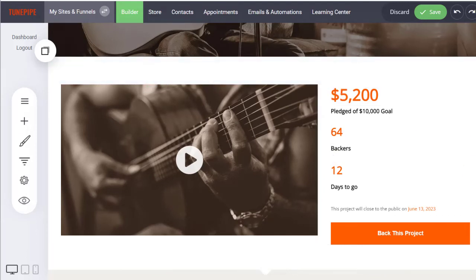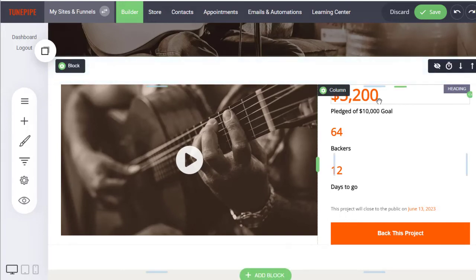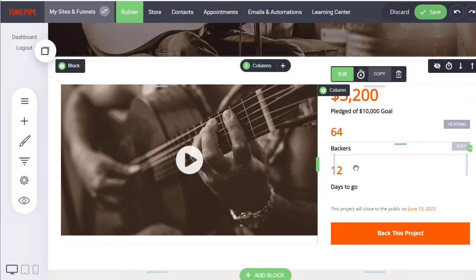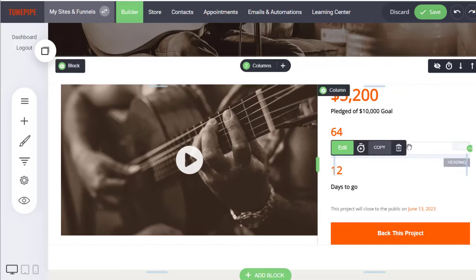So this is arguably a trade-off, where you have the advantage with the other crowdfunding platforms of having all of these stats automatically updated. In TunePipe, you'll need to change these manually. You can come in daily or however often you want and update the total earned, the number of backers, and even potentially the number of days to go. This is the only one that's somewhat time sensitive,